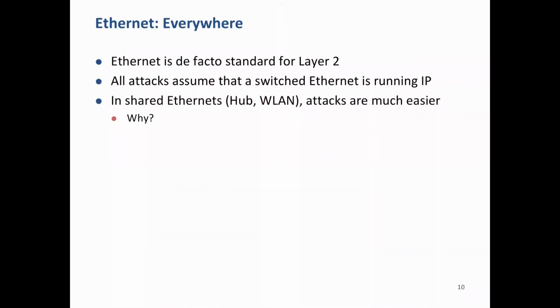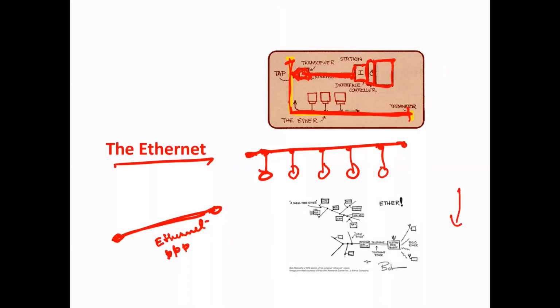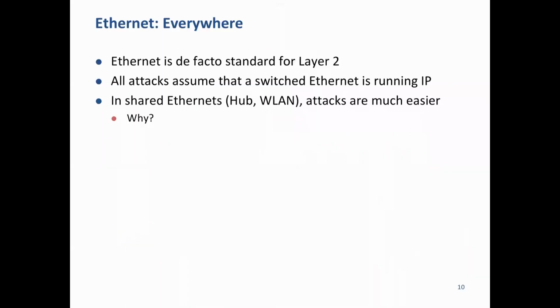Now from this, Ethernet has grown, and we'll see how it has evolved. But Ethernet has become the de facto standard for layer 2. So now when we think of layer 2, we usually talk of Ethernet, because Ethernet is not only a local area networking technology, but has also become a wide area networking technology, because it's just a framing method where IP packets can sit. Most of your IP packets right now, or my IP packet that's reaching you, are going over Ethernet, even over wide area networks, like from the cell tower to